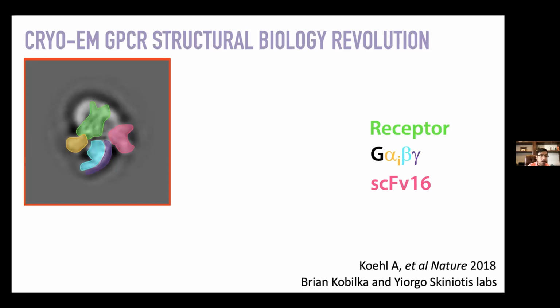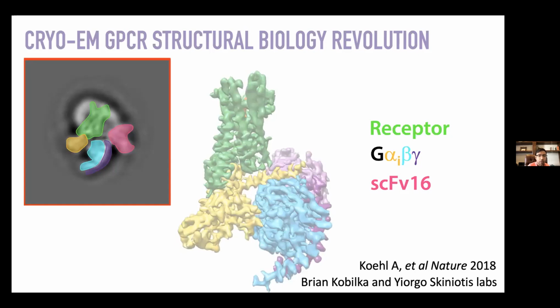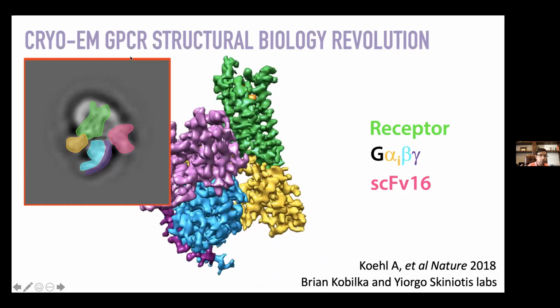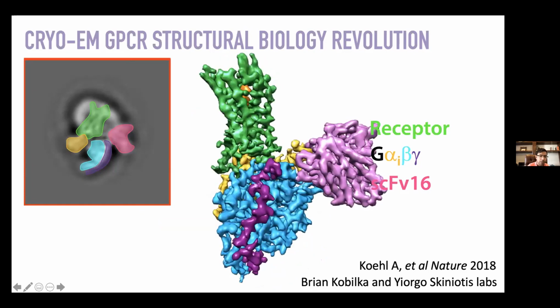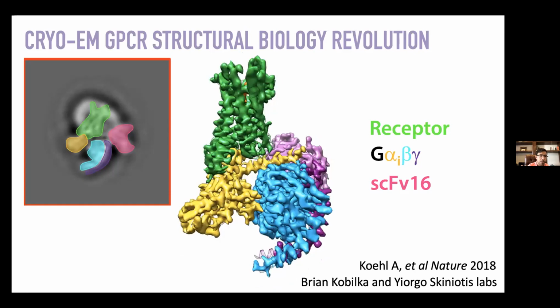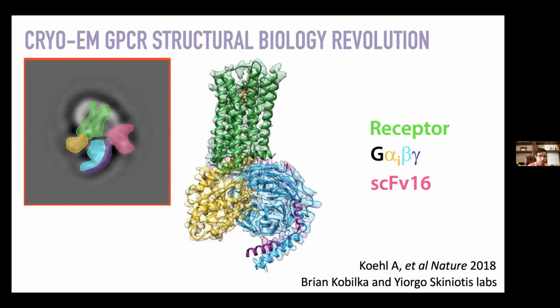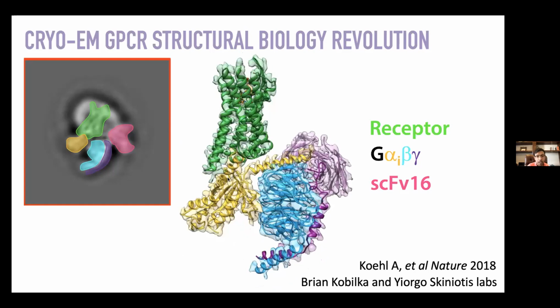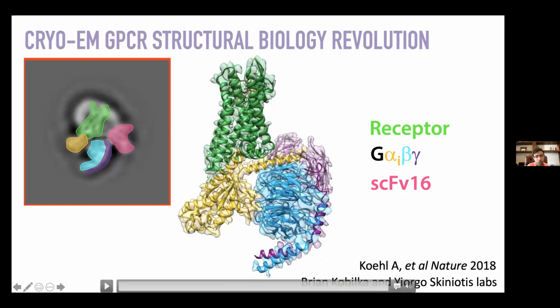That then eventually gave rise to a pretty reasonable 3D reconstruction to enable structure determination. And really, this remarkable revolution in structural biology for GPCRs by cryo-EM is driven by the fact that most GPCRs, by their fundamental names, G protein coupled receptors, couple to G proteins, and if you can make this complex between a receptor and a G protein, this G protein essentially serves as a fiducial to drive alignment of the GPCR. So what we've seen very dramatically is a proliferation of structures of GPCRs bound to their G proteins, and this